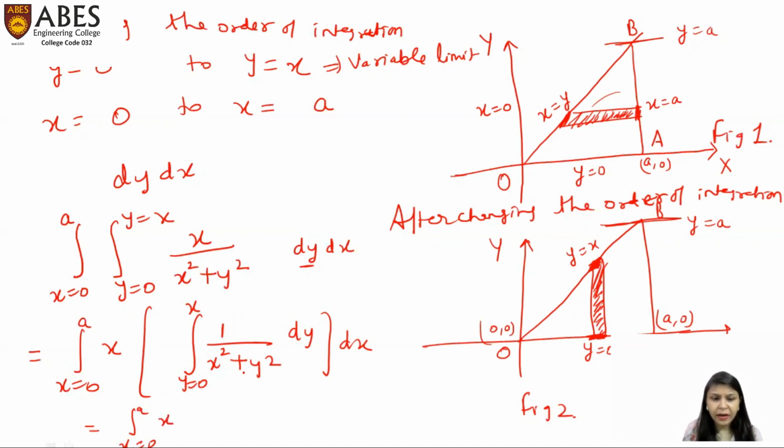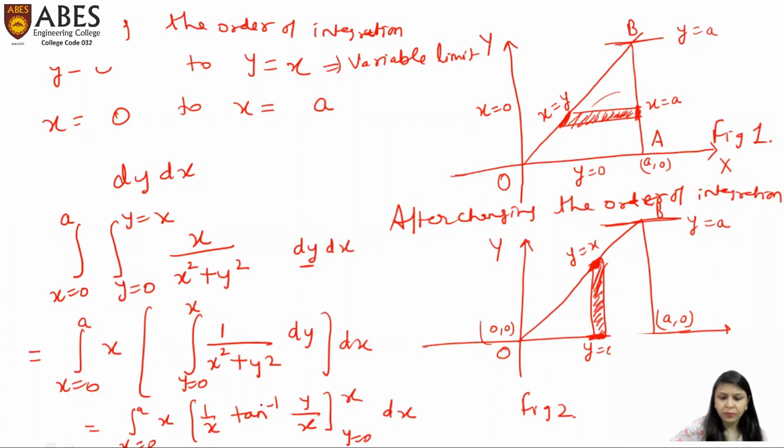The integration of this is tan inverse y upon x into 1 upon x, and the limit of y is 0 to x, dx. This x is a constant basically here,